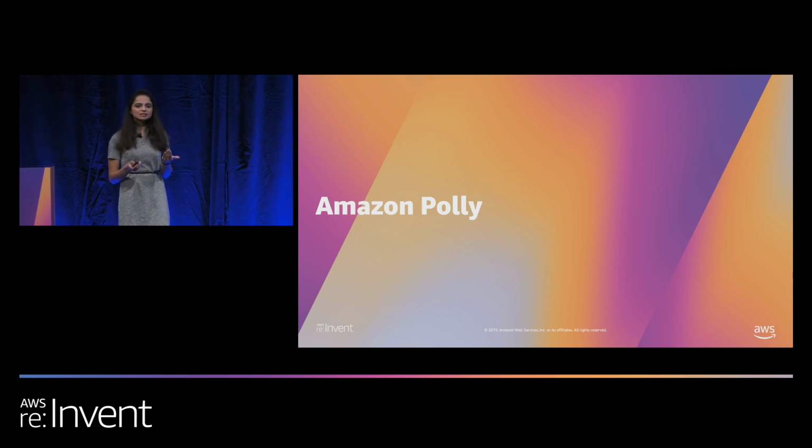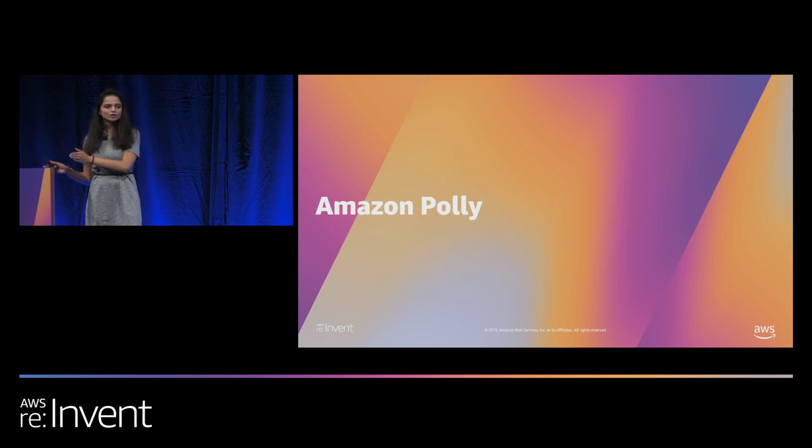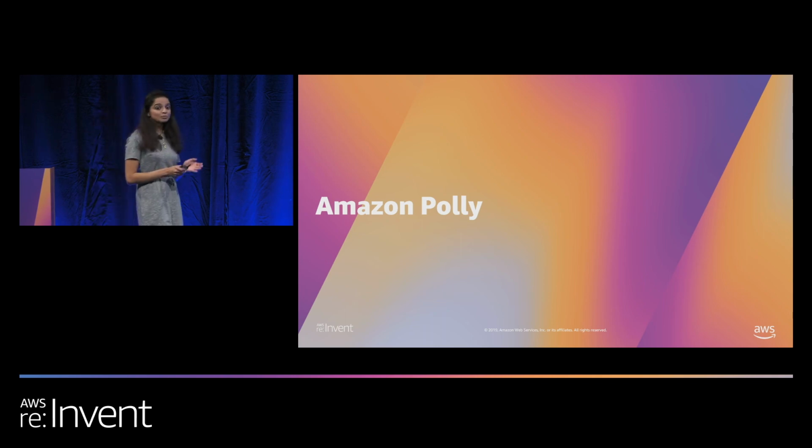So what's Polly? Polly is our text-to-lifelike speech service. For example, you give text to Polly in one of the languages that it supports. It converts it into a voice. It enunciates in one of the 59 voices that we have. And it gets it right with respect to grammar, with respect to punctuation, with respect to pronunciation. And punctuation saves lives. You must have heard that, right? So it gets the punctuation right, and it's the difference between having a robot speak to you versus a human-like voice speaking back to you.